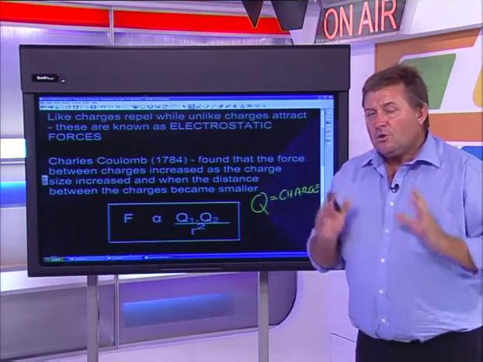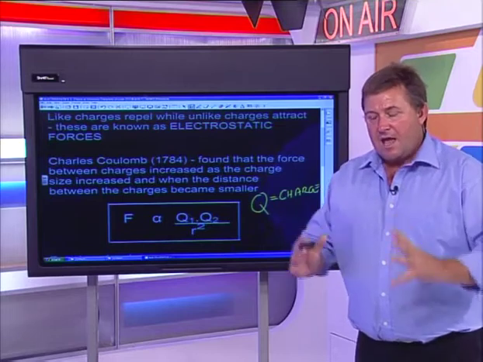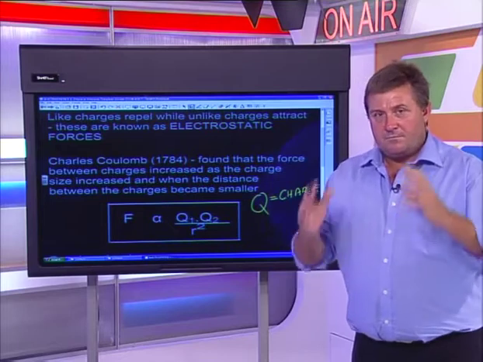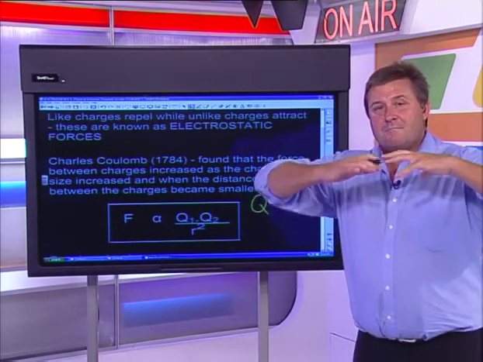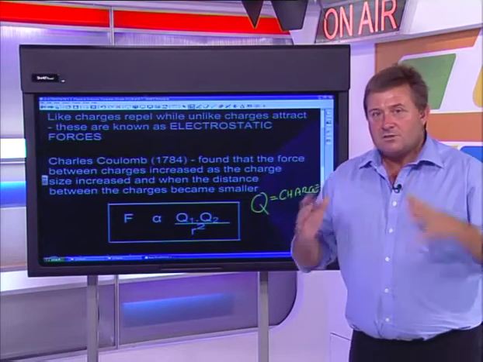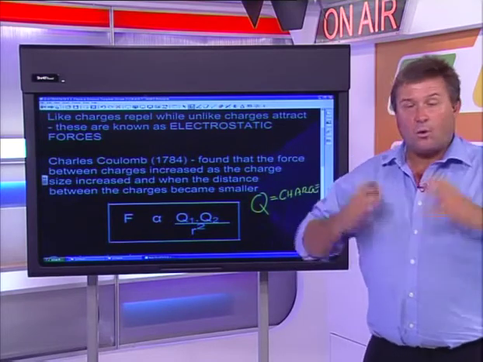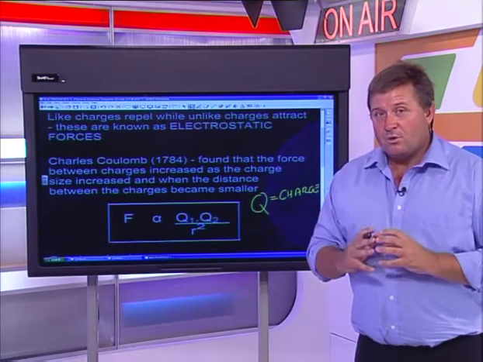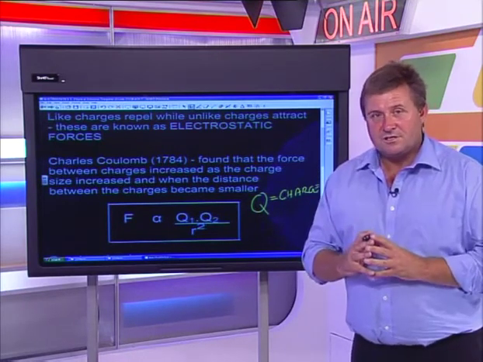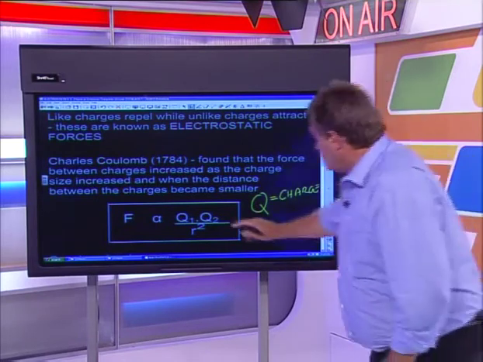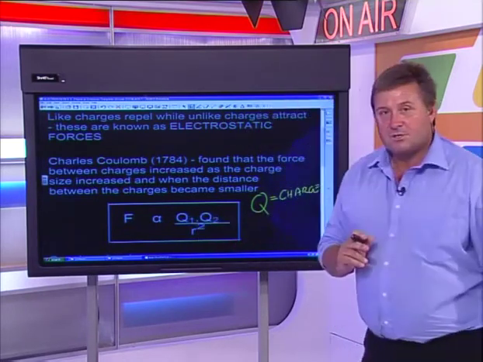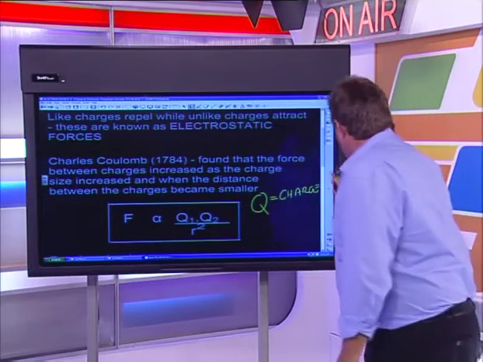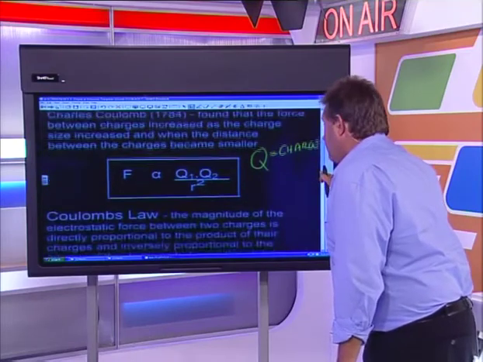So guys, Charles Coulomb came up with a very, very clever and very, very significant equation that allowed scientists now to measure and calculate this amount of force. And it can be either attraction or repulsion. It doesn't matter. That the force was directly proportional to the product of the two charges and inversely proportional to the square of the distance between them. And that's how he set up his equation. Now, let's just have a look at this in a bit more detail.